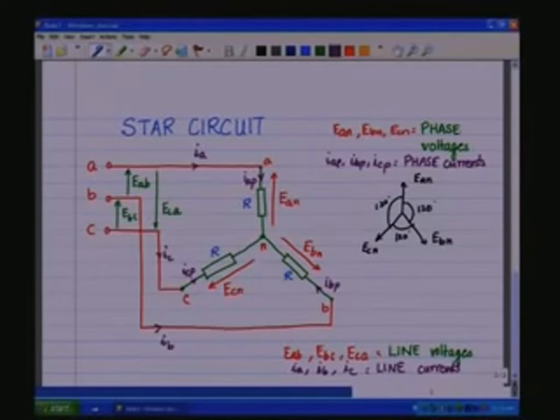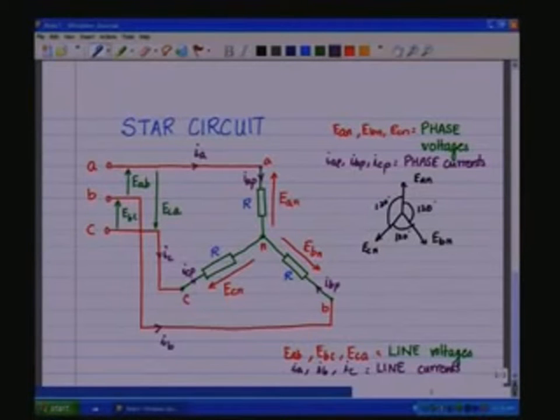So, we have the phase voltages, phase currents, basically the voltages across each load phase, and the currents through the phases, they are called the phase currents IAP, ICP, IBP, and the line voltages, the voltages across the line,